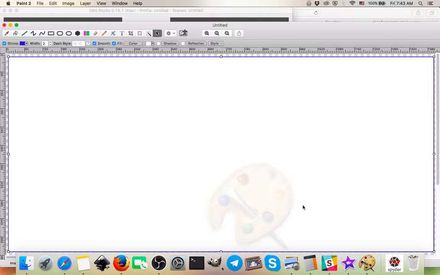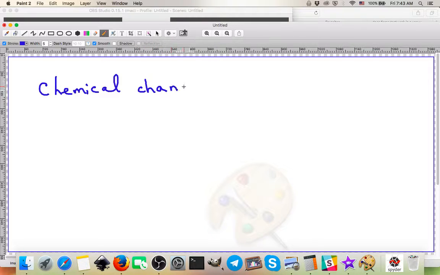Hi, folks. You have just seen physical changes, and you did physical changes when you separated the sand. However, one other kind of change is a chemical change. In a chemical change, a substance becomes an entirely different substance. What I mean by that is a pure substance becomes a completely different pure substance.